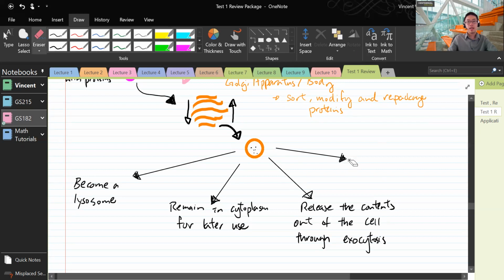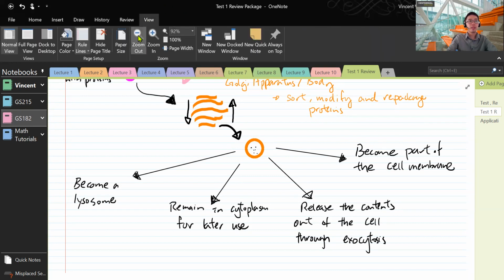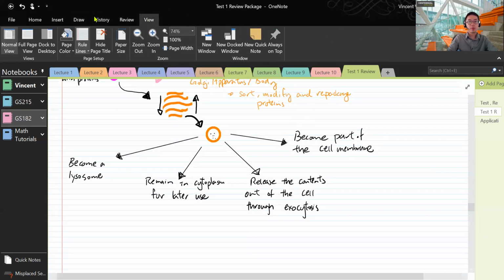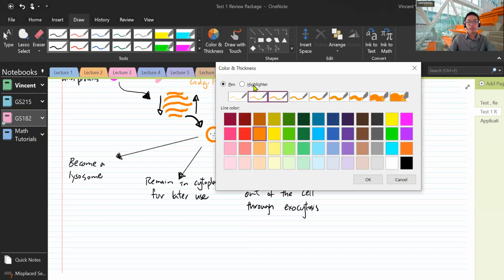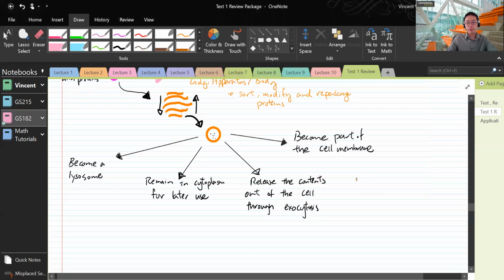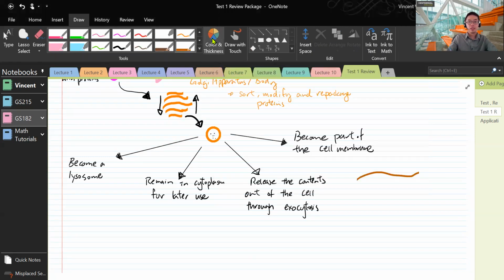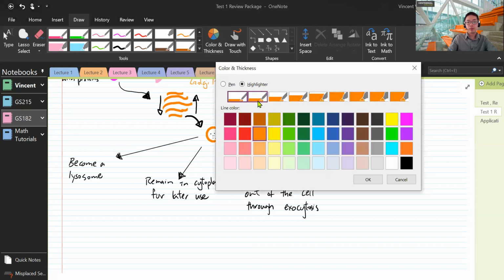Okay. And another thing is it could become part of the cell membrane. Okay. So this part might be a little bit confusing. Let me just show you what I mean. Let's say we have our cell membrane here. Okay, and then we will have our